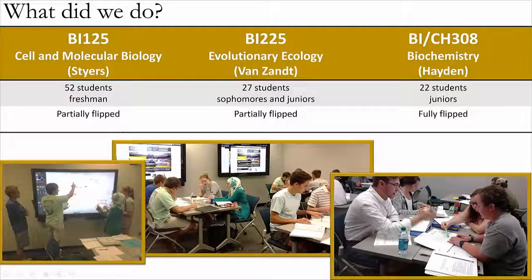There are some pretty substantial differences among our courses. Melanie Stiers teaches her introductory cell biology course primarily to first-year biology students, and it is a relatively large course. Pete Van Zant's evolutionary ecology course has smaller sections and is taken mostly by sophomore and junior biology majors. Finally, Kate Hayden's biochemistry course is also fairly small and is taken by a mix of junior biology and chemistry